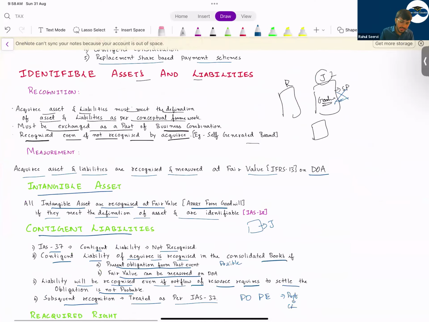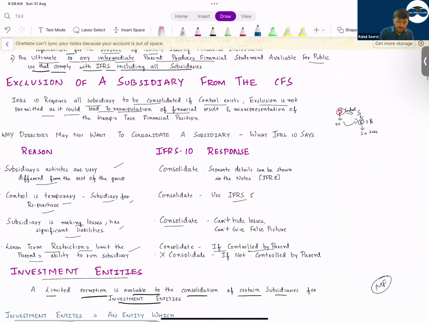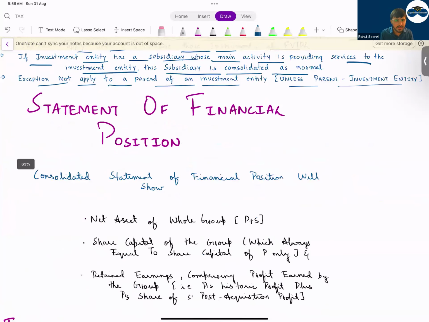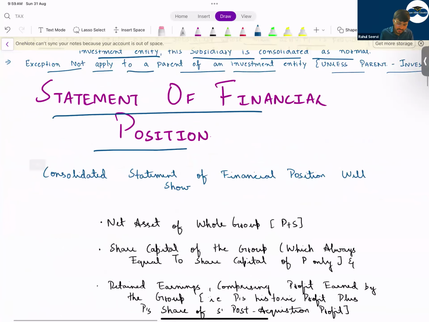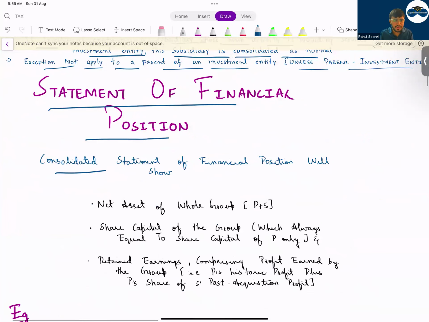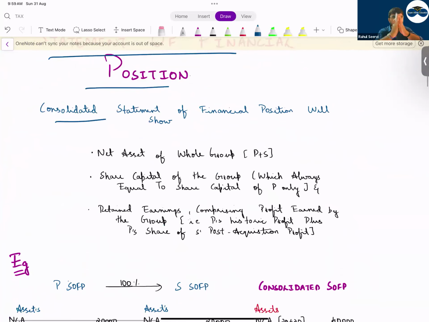Now, let us start with the calculation part and discuss. So now coming to the first calculation, for the statement of financial position. So for a consolidated statement of financial position, what should we do, sir? We add the assets and liabilities of the company. We remove the investment in the subsidiary company value when we do consolidation, and we remove the equity part of the subsidiary company. But post acquisition profits and post acquisition revaluation surplus will be included.